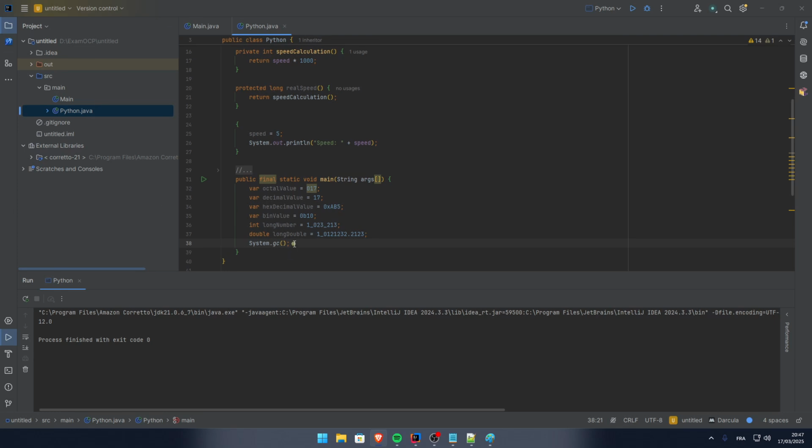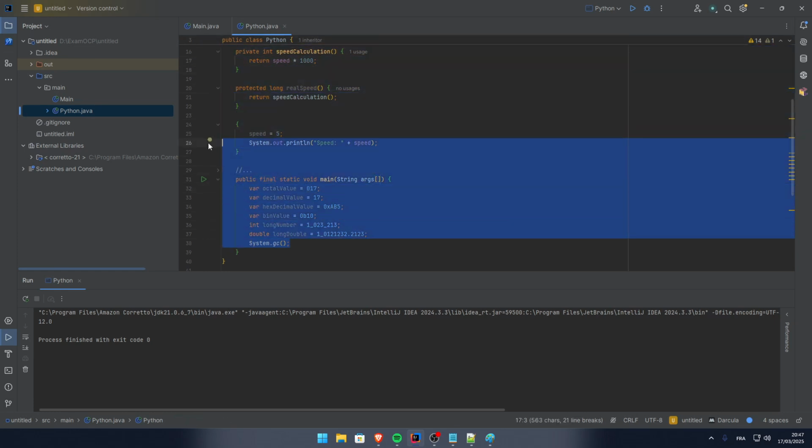An object is available for the garbage collection process if it's not used and if it's not referenced. If there is no reference to it, then it is available. Example, they can tell you